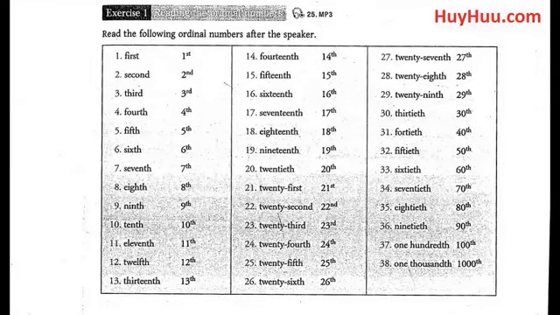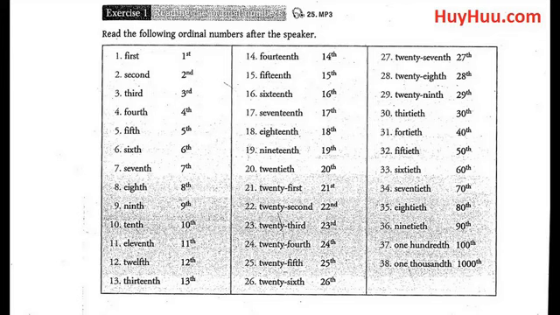Exercise 1. Reading the ordinal numbers. Now read the following numbers after me. First, second, third, fourth, fifth, sixth, seventh, eighth, ninth, 10th,